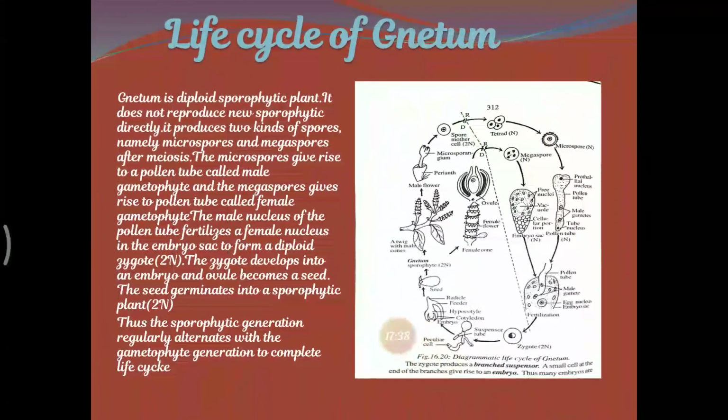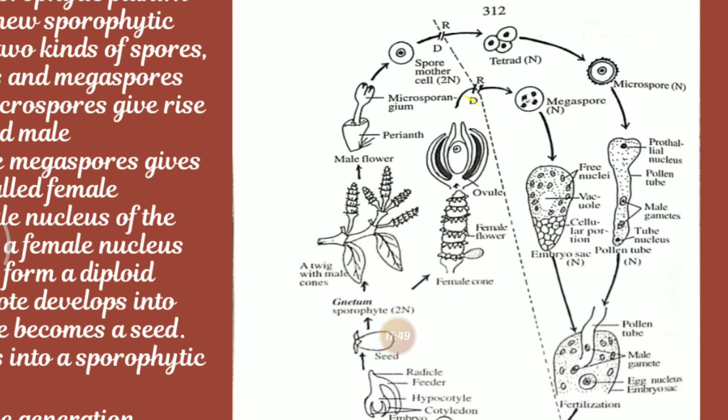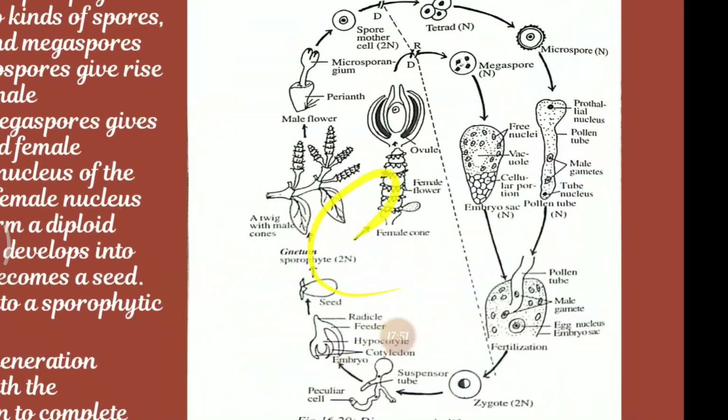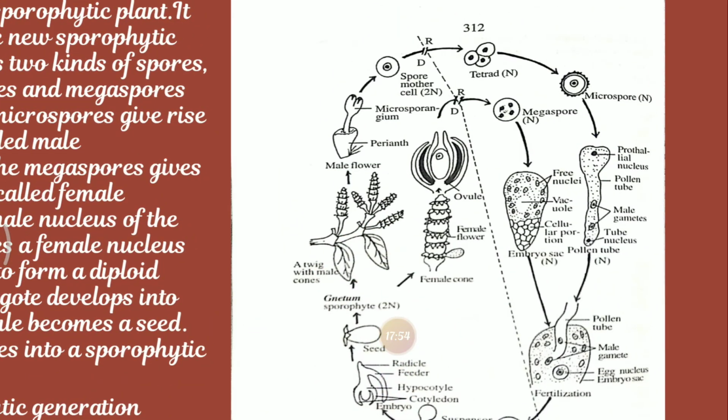Coming to the last one, that is the life cycle. To discuss the life cycle, starting from the habitat, we have to know about Gnetum. Here we can see the starting part, a twig with a male cone. Gnetum is an advanced gymnosperm. As we all know, it belongs to the order Gnetales. It is considered the most advanced genus of the gymnosperms. Around 40 species have been identified and 5 species are reported from India. They are distributed in moist tropical regions.